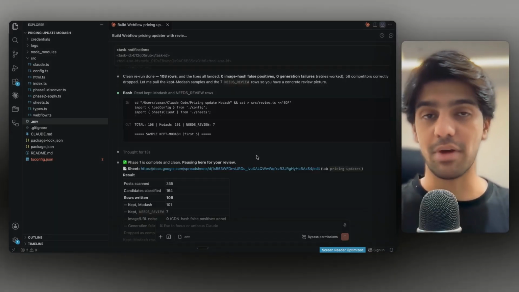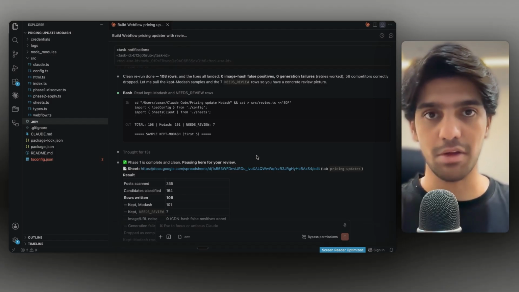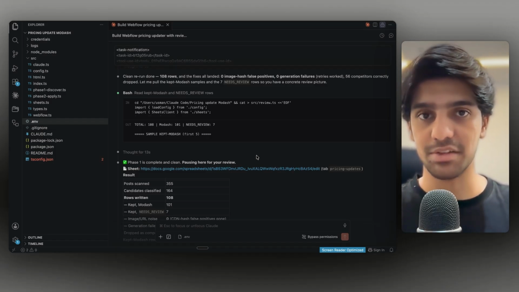What that means is there are hundreds of blog posts talking about Modash with the wrong pricing information and it needs to be updated. When the pricing change actually rolled out, we knew that we had to do it, and our gut instinct was that we're just going to do it manually. But then I was like, oh, we actually have the Webflow API and we can do this pretty easily. So I just went into VS Code, fired up Claude Code, and we built an agent which will look at all of the mentions of Modash old pricing on each of the blog posts, even including multiple instances within a